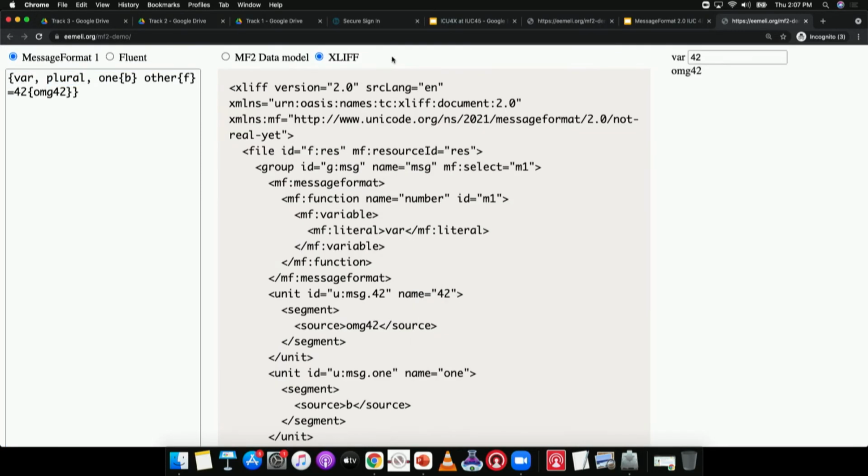We're also working on at least some idea of an XLIFF 2 representation of these messages, so that we can get that whole toolchain to work, and possibly even provide toolchains for getting better localization system integration for existing MessageFormat 1 systems. What's happening here, for instance, is that internal selectors are going to get upgraded, so nested selectors are going to be unnested, and other complicated things like that.